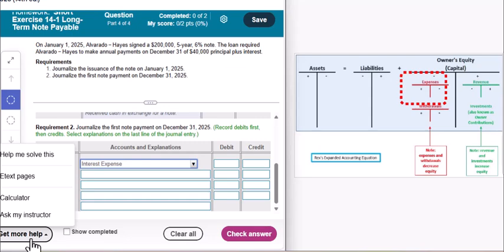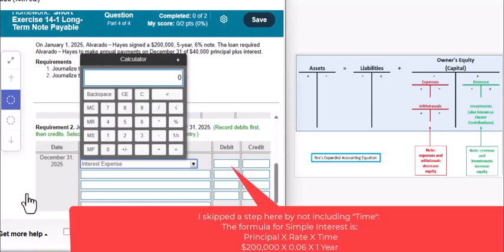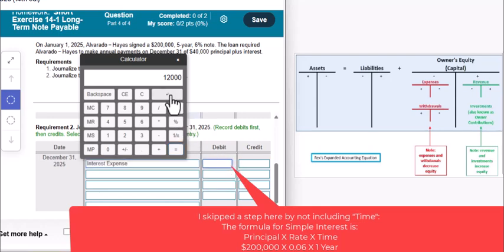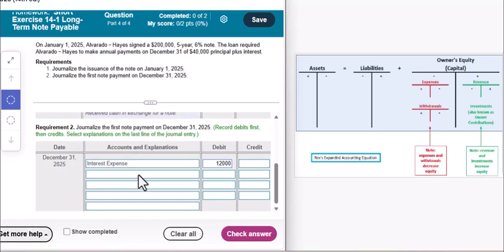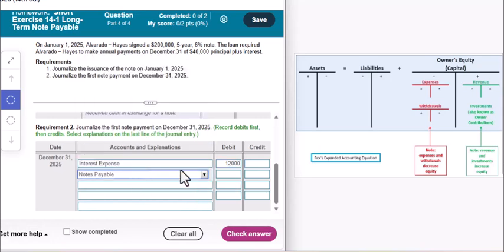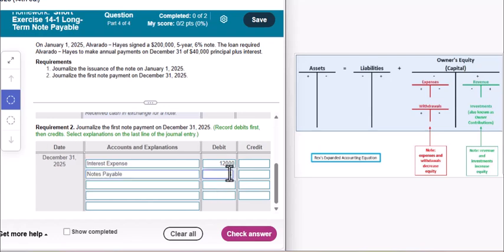We'll go ahead and open our calculator. So since the note is a 6% note, we have 200,000 times 0.06. And so that's going to be $12,000 in interest. That's principal times rate right there. And then the note payable, close out of this, will be decreasing here by $40,000 since we are paying $40,000